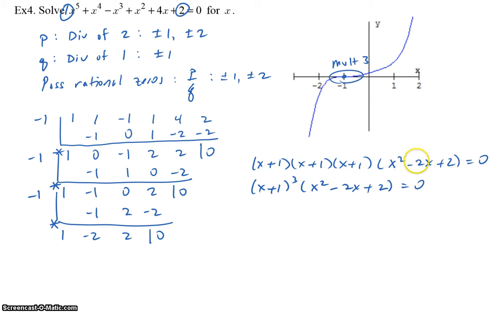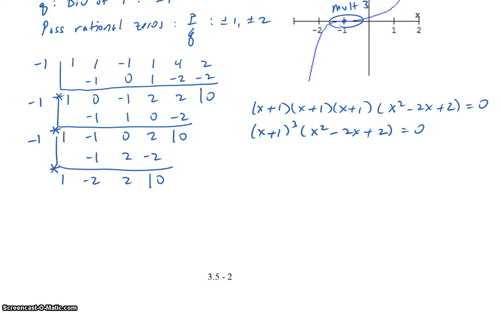So any remaining zeros, any remaining solutions should come out of that remaining quadratic factor. So let's see if we can find any remaining solutions. Well, it's a quadratic equation, so let's try,